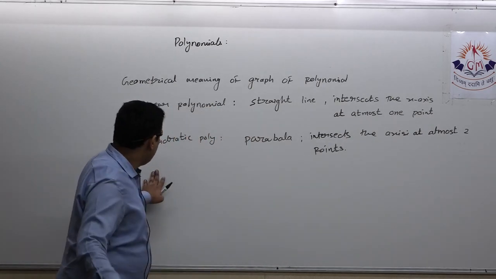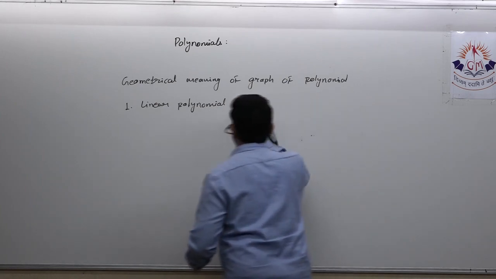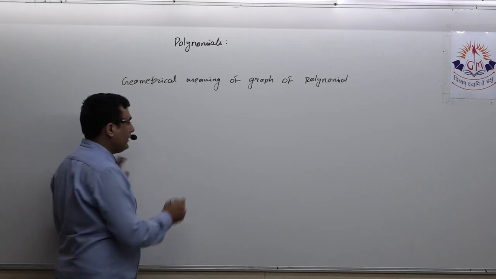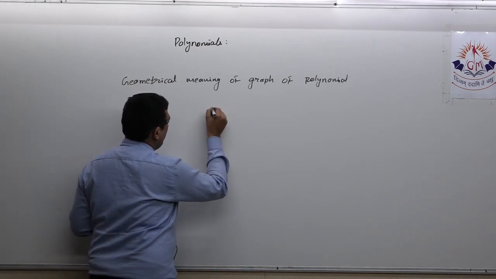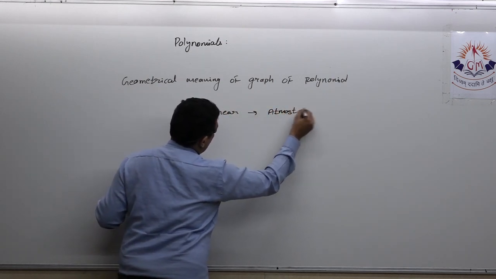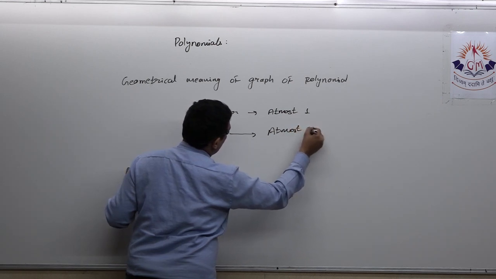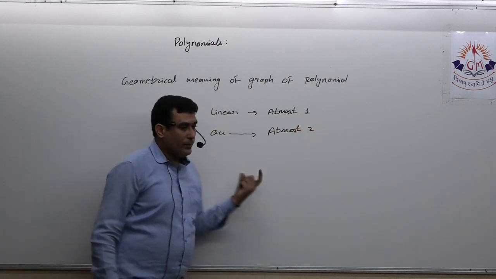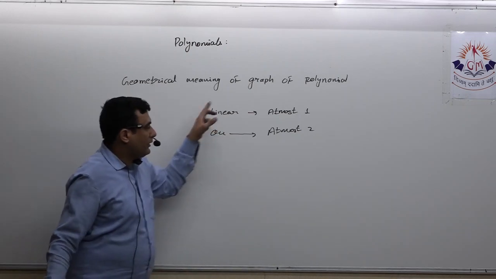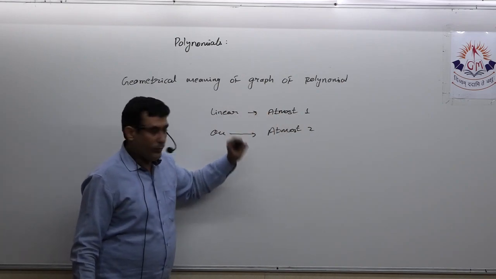Now which type of question can be asked over here? We will see that two types of questions can be asked on the basis of the graph of the parabola. Before I come to that, let me discuss one thing. See, for a linear polynomial the graph intersects the x-axis at most 1 point. I am not saying exactly 1 or always 1. At most 1, not more than 1.